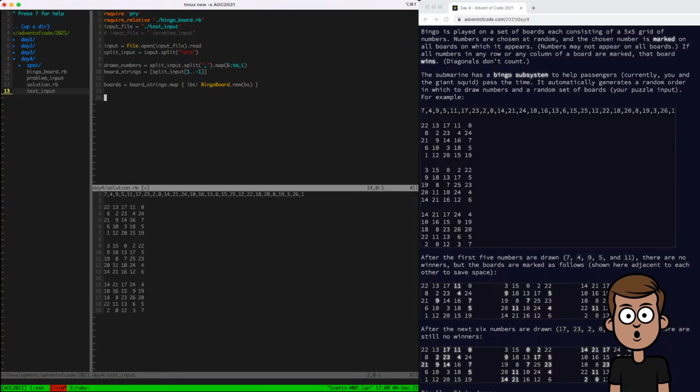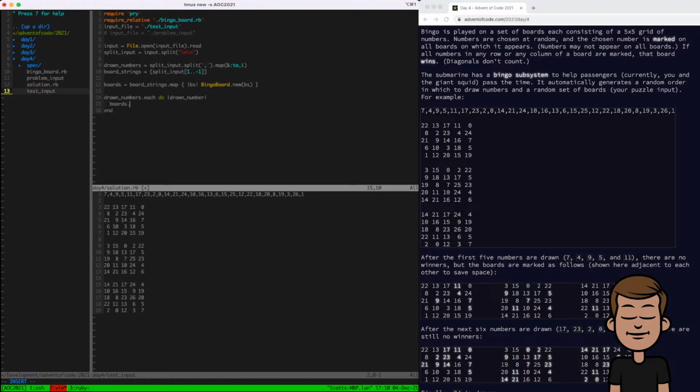I want to loop through all of the drawn numbers until I have a winning board, and then I want to do the calculation. So let's see. I can just loop through the drawn numbers like this. Each do drawn number, and then